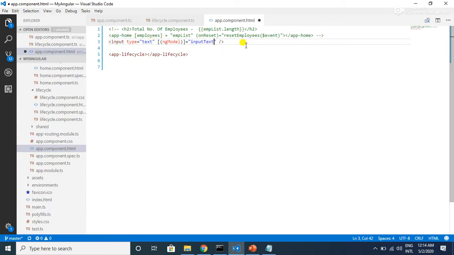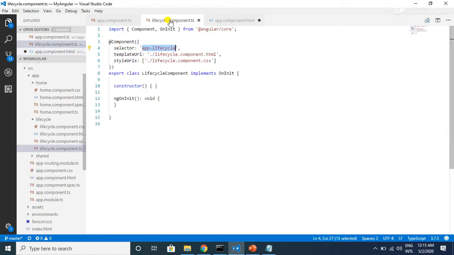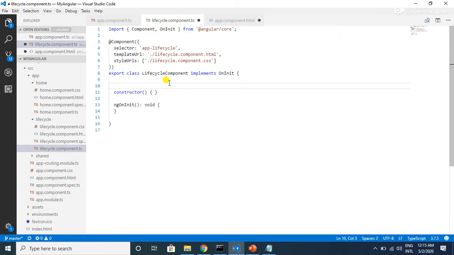Now we want to pass this text box value to the lifecycle component, so let's create an input property in the lifecycle component using the Input decorator. So let's go to the lifecycle component, and here, as we want to create an input property, first let's start with the Input decorator.